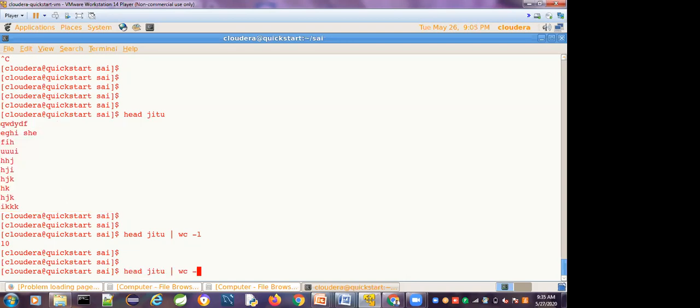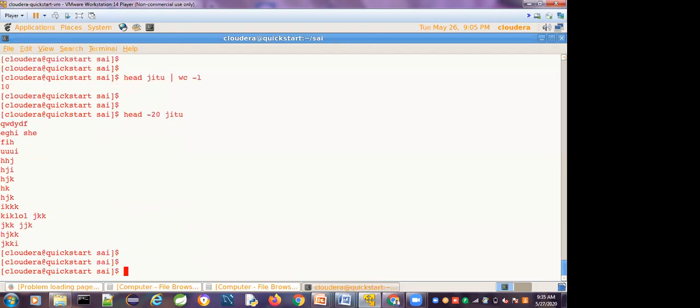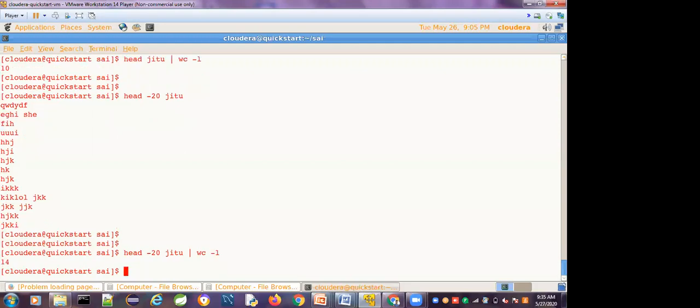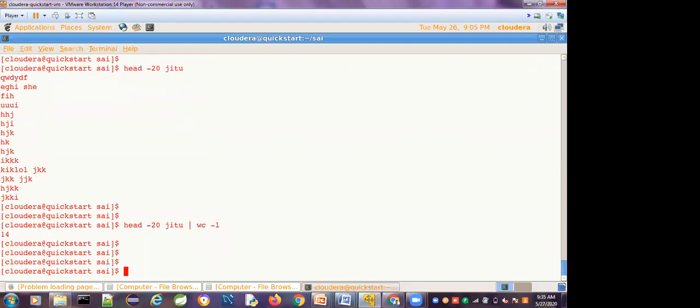Suppose you want to display 20 lines, use -20. If 20 lines are there, 20 lines will be displayed. Or else, if only a few lines are there, only those will be displayed. Here only 14 are there, so 14 are displayed.